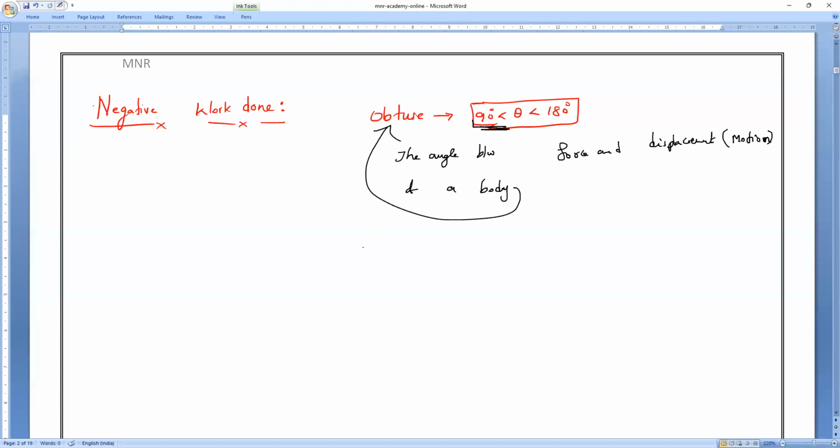So in this case, what will happen if I take cos theta? Note it, for example, if theta is equal to 180 degrees, then cos 180 is how much? Check it, verify it. Yesterday's class I have given the tabular column. Cos 180 is equal to -1. Then work done is equal to